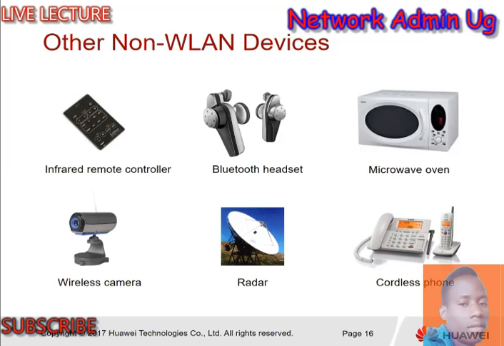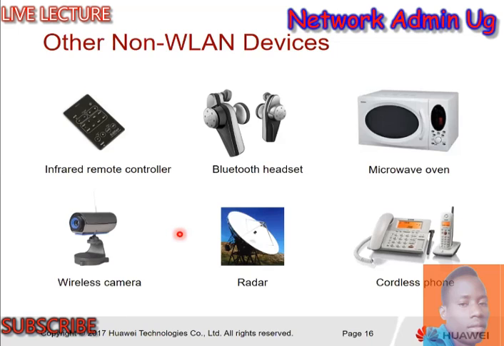So for the 2.4 gigahertz frequency band, there is an ISM band that is being used as an open frequency band. Devices will have to start working with the 2.4. We already talked about the 2.4 gigahertz supporting Bluetooth and the range of devices that work with 802.11a, b, g technologies. So compared, we have devices like baby monitors. We can have radars. We can have wireless cameras. All these devices work at the